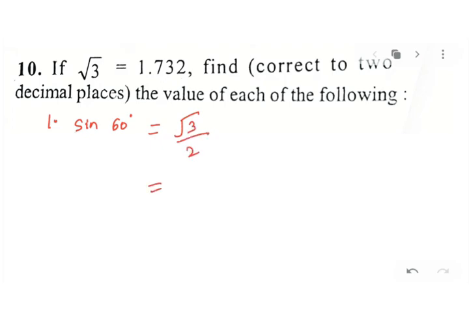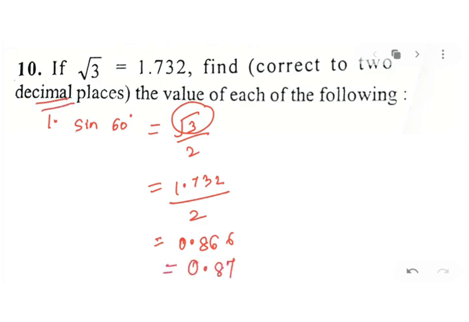Your answer does not finish here. The value of root 3 you have to put as 1.732, divide it by 2, and you will get your answer 0.866. Okay, but it is said you have to keep it to two decimal places, so I'll prefer to round up the decimal and it will be 0.87. Clear? Your next of this is you have to find the value of 2 upon